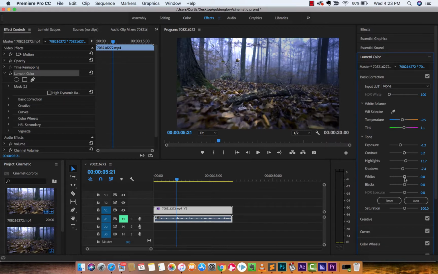Every single project is different, but what you're looking for is specific to you. You know better than I do what you want, if you want to increase the whites or decrease the whites. But here is how we go ahead and radically adjust. I'm going to decrease the blacks, increase the whites, because that's the kind of look I'm going for,